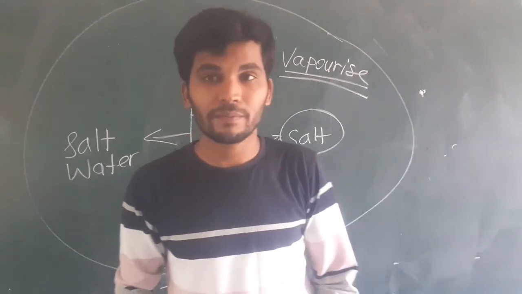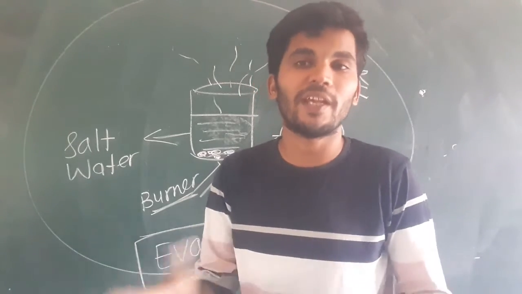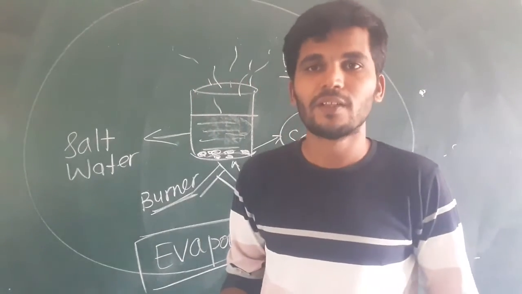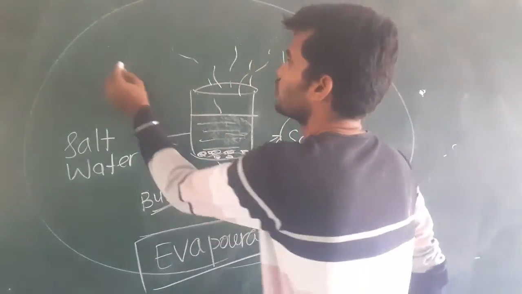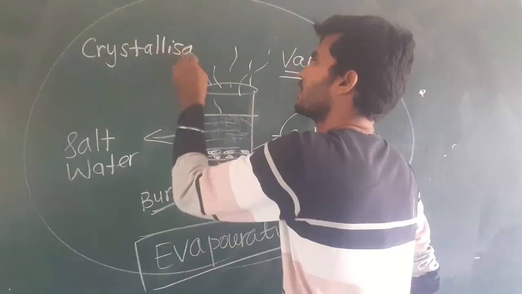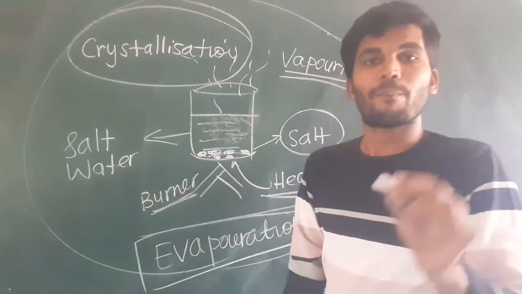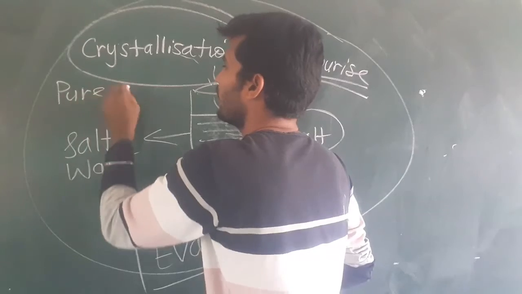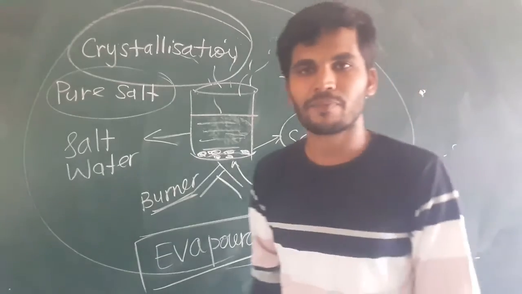But now one problem came, that salt is not in the crystal form, in pure crystal form में नहीं होता है वो नमक, but what we are eating is a pure crystal form. So how to get that crystal form? Therefore we have another process that is called crystallization. So by crystallization we can get the pure salt or pure NaCl. Pure salt के लिए we have to go through a process called crystallization, right?